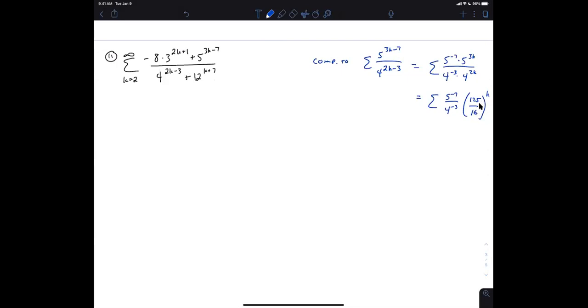And so what I would do is then scrap this and say, okay, well, that means the limit of this original sequence as k goes to infinity is not 0. And so we do